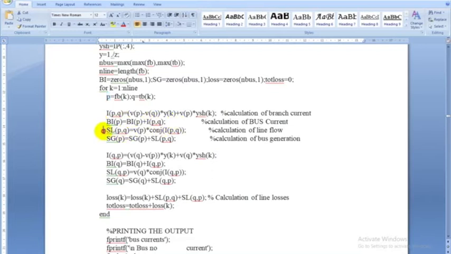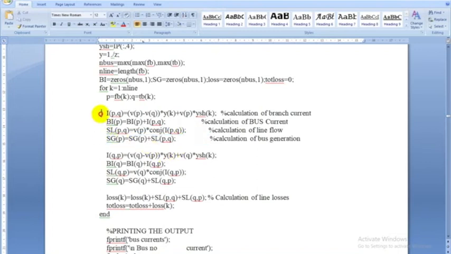And similarly line flow, as you know, complex power S is equal to V I conjugate, that is V into conjugate of I. So this is how. First you calculate the line flow of one line. If you want to find the bus injection power at a particular bus, and three lines are connected, it means you have to find the powers in the three lines. The algebraic sum of those three powers will be the total power available at the particular bus. That is how you calculate this.